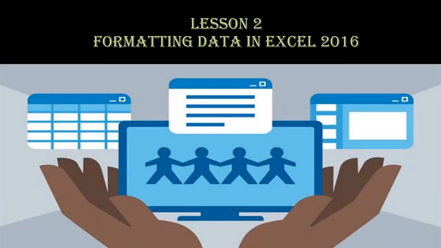The presentation of data and its appearance on a printed page is called formatting. It's nothing but arranging everything in order using this Excel 2016 sheet. Using this formatting, we are making everything orderly. That is called formatting data in Excel 2016. Okay, let's continue. What are the facts in this lesson?